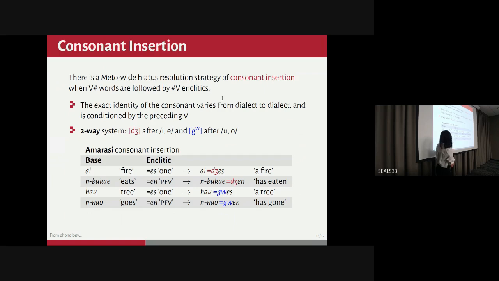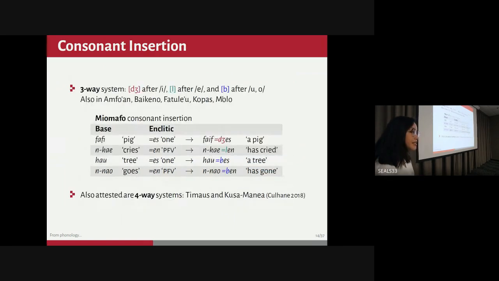It doesn't matter whether it's a verb or a noun, doesn't matter what the enclitic is, it just matters what the last vowel of the base is that conditions the consonant insertion. So this is a two-way system, pretty nice. We also find three-way systems in Morphophonological. So again, after E, you get J, but what's different here is after N, you get L instead. And this probably goes back to R, like an intrusive R, like what non-rhotic accents have. That's probably the source of this.